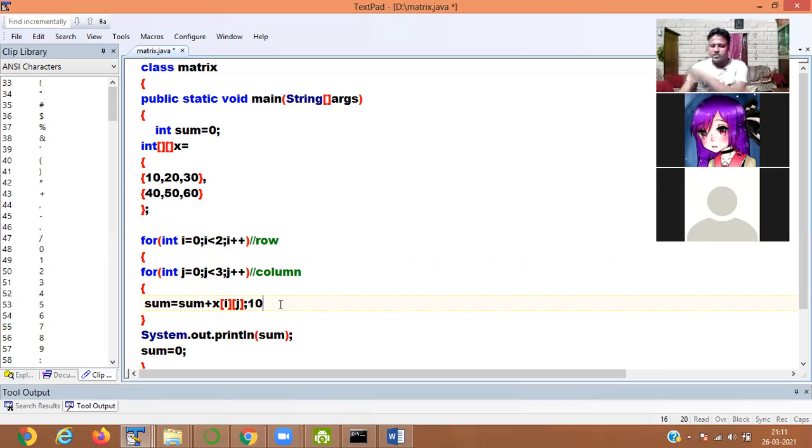Now j value is incremented to 1. 1 is less than 3, condition is true. x0 j1 it is printing you 20. So 10 already in the sum is present. So 10 plus 20 is 30.